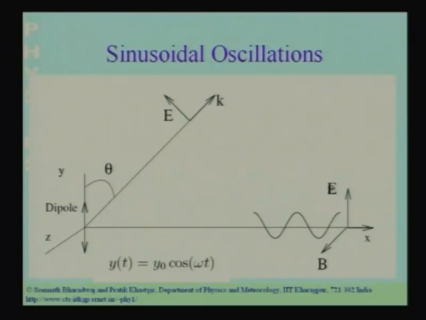So, what we see here is that if I have a dipole oscillating like this and it is doing sinusoidal oscillations, it will produce a sinusoidal plane wave at a large distance. If I go a large distance away from this oscillator, the electric field pattern produced by this will be a sinusoidal plane wave. The electric field pattern at a fixed time will look like the sinusoidal pattern shown over here, and this whole pattern will move forward in time, as we have studied in the lecture on sinusoidal plane waves.